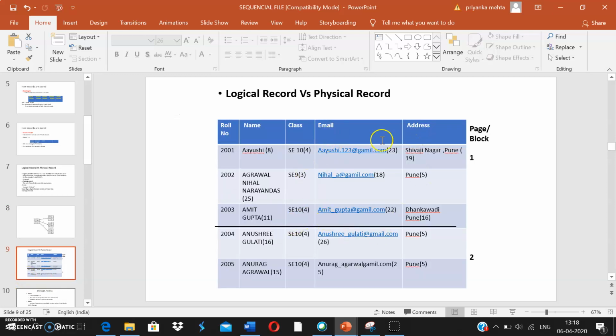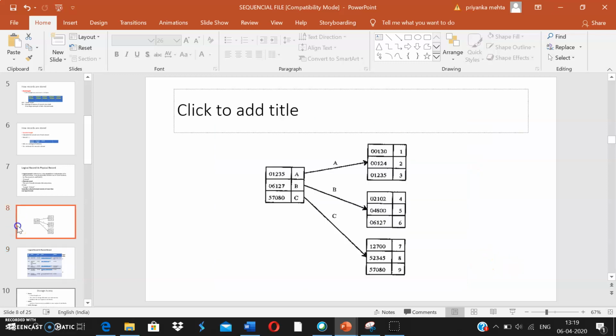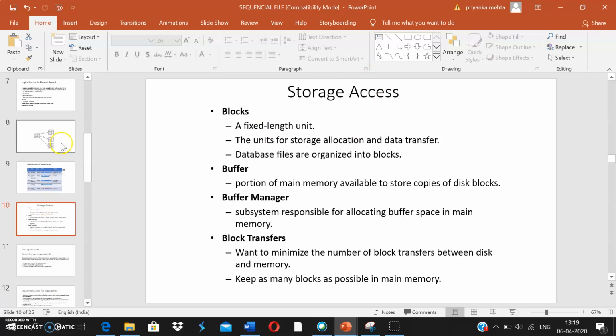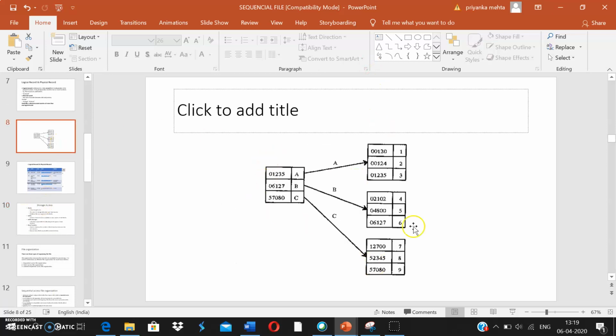For example, this is my physical block. These are my physical records, right? So block number one will be this entire block. Number two will be this entire block. This again is a block which will have all these records, right? So not all the data is stored together. There is a certain kind of mapping. There are logical records which will give me the direction where the physical records are stored. You will study in operating systems also how the records are actually stored, but just for an overview I'm giving you here.